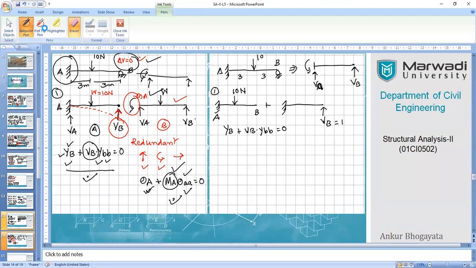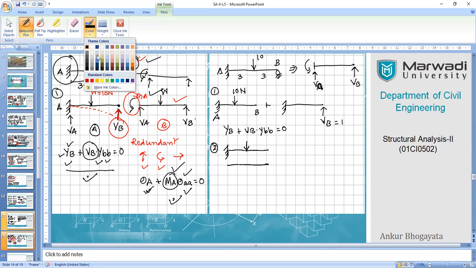So this was the first step, this is the second step: draw the bending moment diagram for each case. So let us say this is your fixed beam, cantilever beam, and you have this force. My diagram for this load condition will be something like this. Now here you need to relate yourself with the previous knowledge that you already learned as a concept.